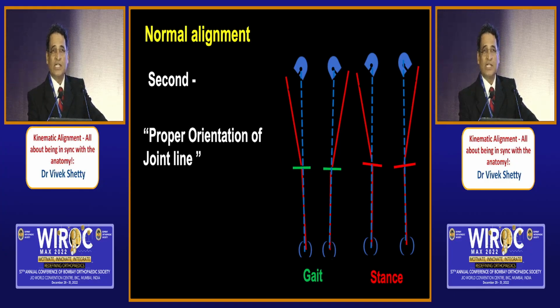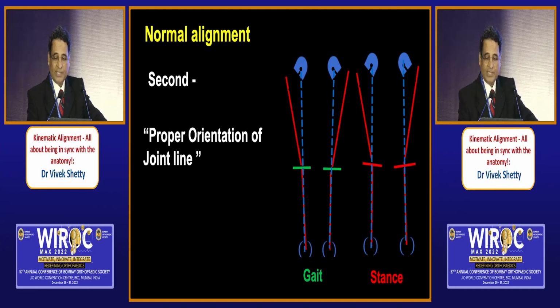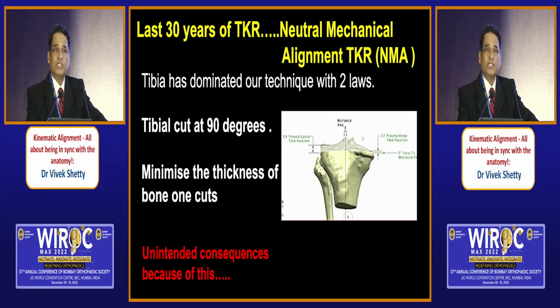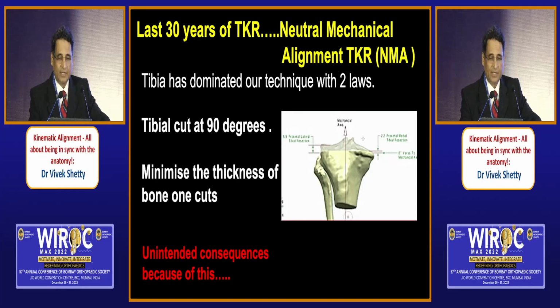So then the stance phase, the joint line is sloping medially, but when you walk, that becomes parallel. And why is that of importance? We'll have a look. Conventionally, we are familiar that the tibia has dominated our technique. You need to cut it at 90 degrees, and you try and minimize the tibial cut as much as you can